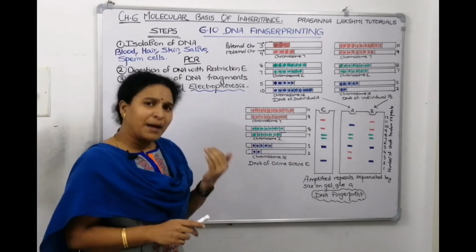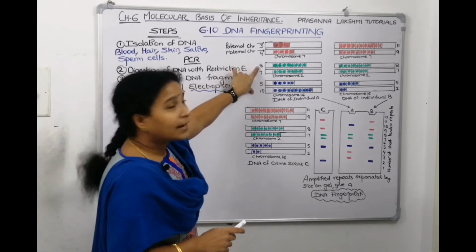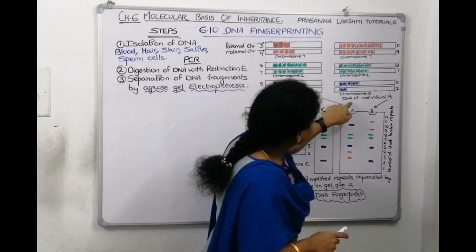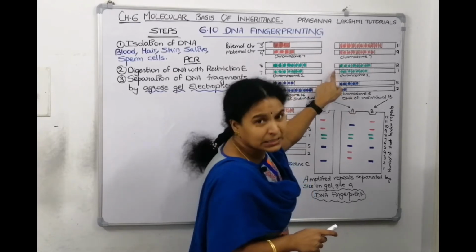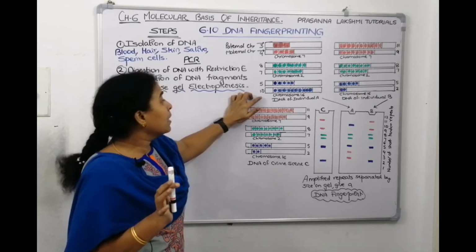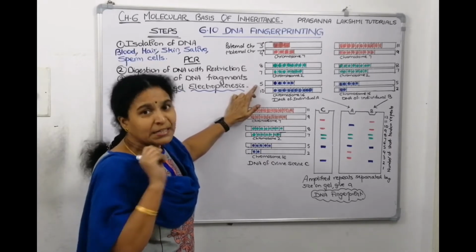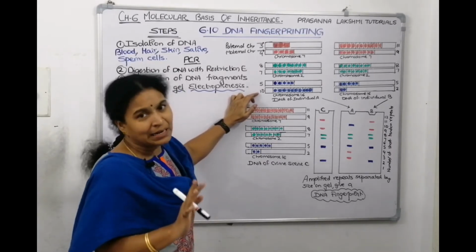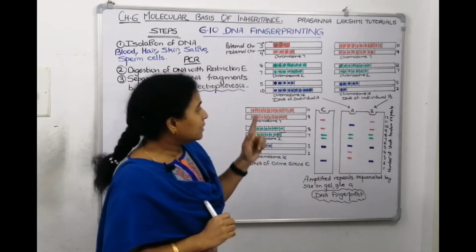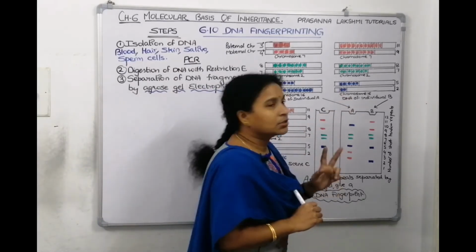Do the digestion for the remaining chromosomes also. When we do it for the 2nd chromosome, the number of repeats here is 8, the number of repeats here is 7. If you see here, here also the number of repeats is 8 and 7. Again, come to the 16th chromosome, digest with restriction enzyme. For person A, the 16th chromosome paternal has 5 repeats, maternal has 10 repeats. For person B, the 16th chromosome paternal has 5 blue color dots, 5 repeats, and the maternal has 2 blue color dots, 2 repeats.